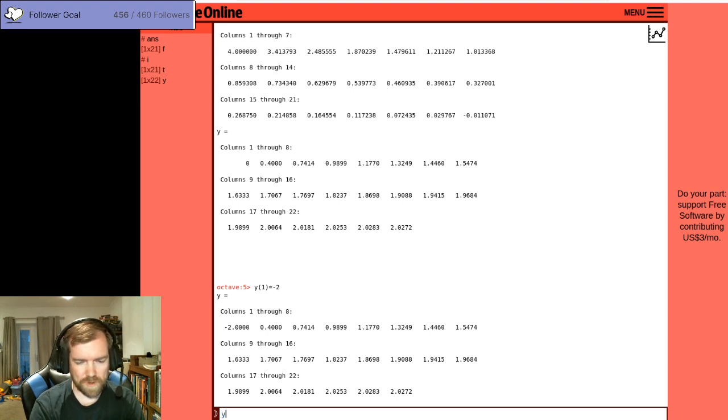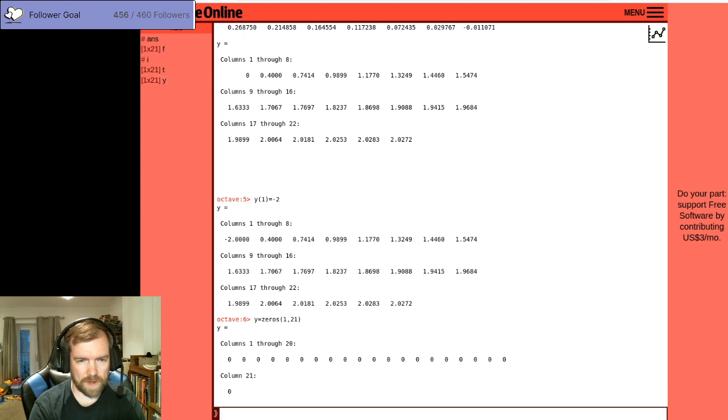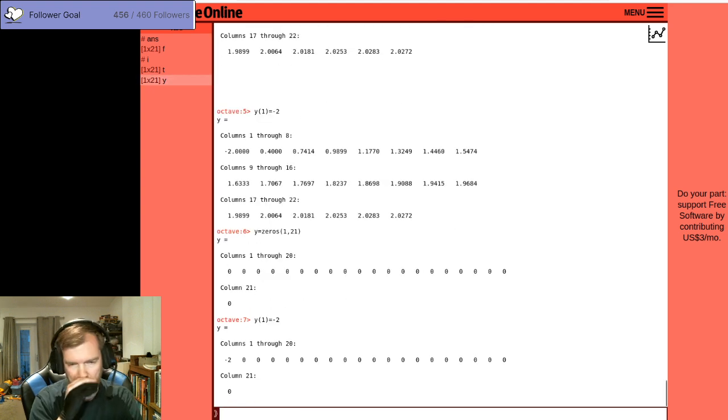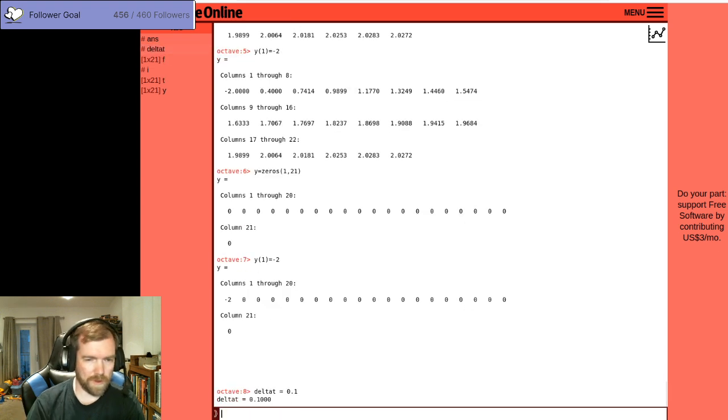Sorry. y equals zeros, 1 by 21. Right, and then y of 1 is 2. Okay. And then let's do generally, if we do delta t is equal to 0.1 now, then we can go back through our code